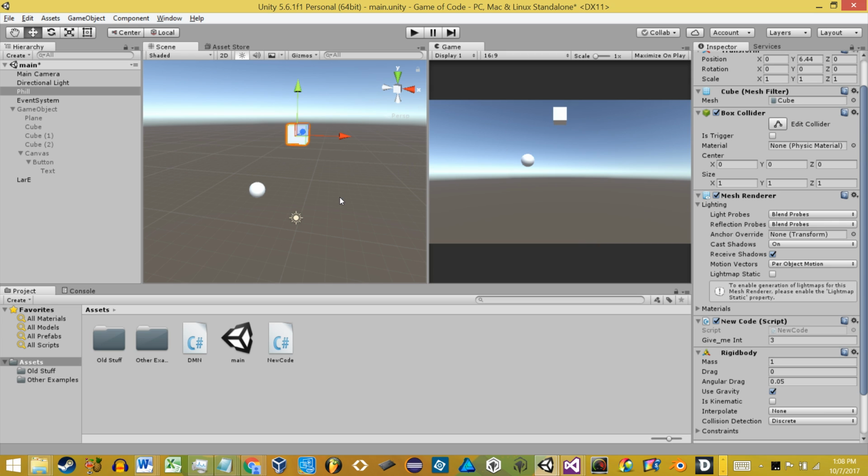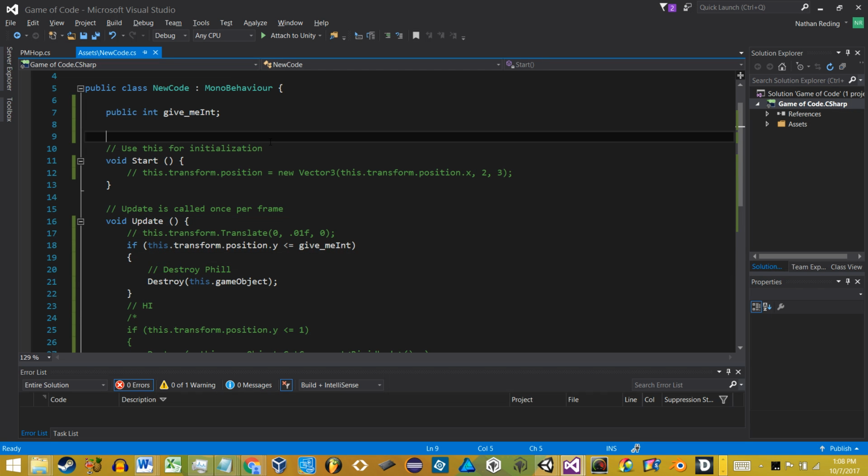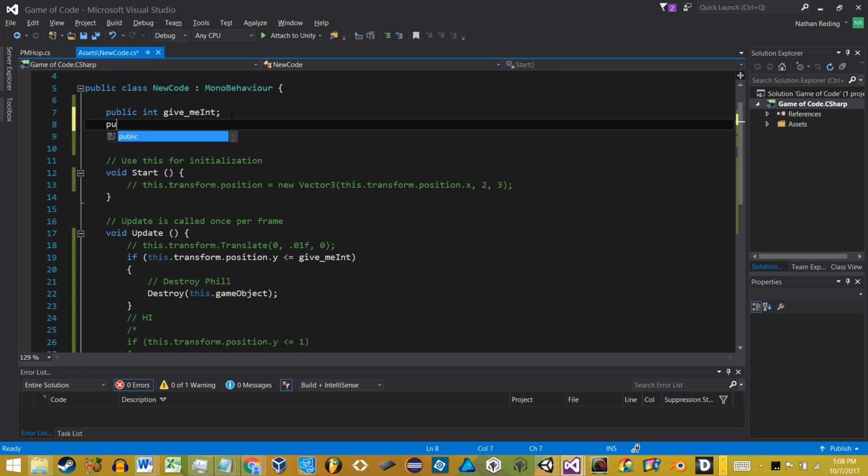Yeah, that's fine. One really quick thing about public and private. First of all, everything is by default private, which just means that you can only access it within the frame that it was made. But a really helpful thing about public variables is that you can actually use them to debug pretty easily. So if I made a public float